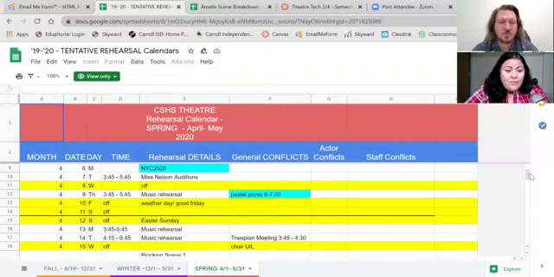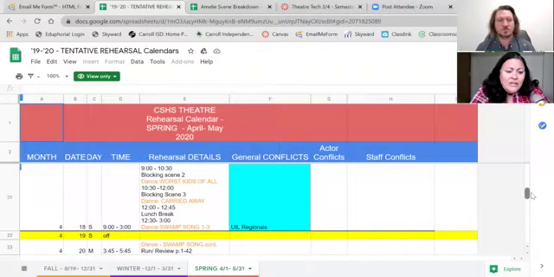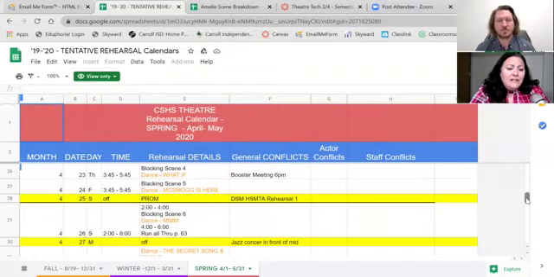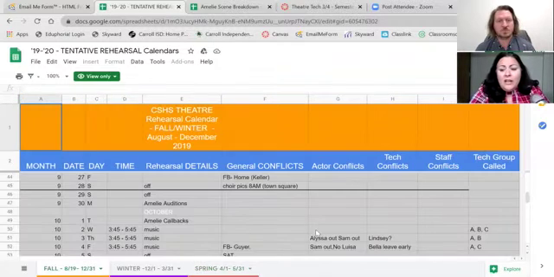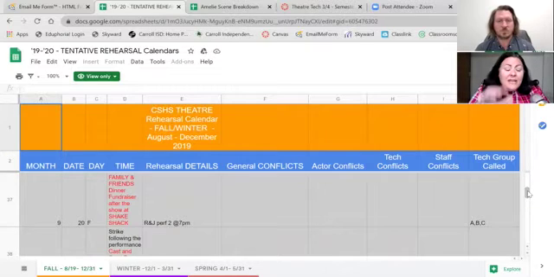Sometimes I think it's important to remind people, even more than when they have rehearsal, but more when they have days off. We tend to try to take Wednesdays off if possible. Sundays are usually off, that kind of thing. I'm going to go even backwards in time more to last fall. Whenever we are in rehearsals, because this is a living, breathing calendar. It's a Google calendar. Anybody can look at it.